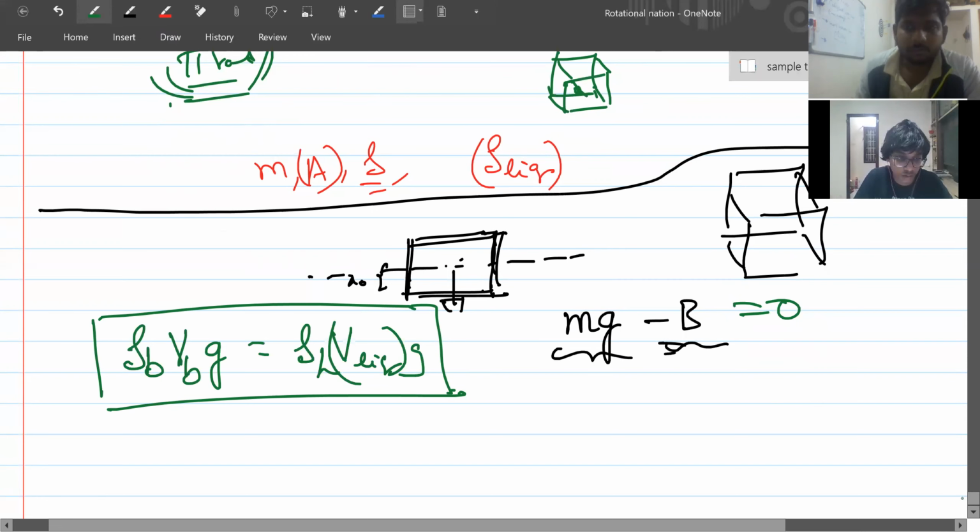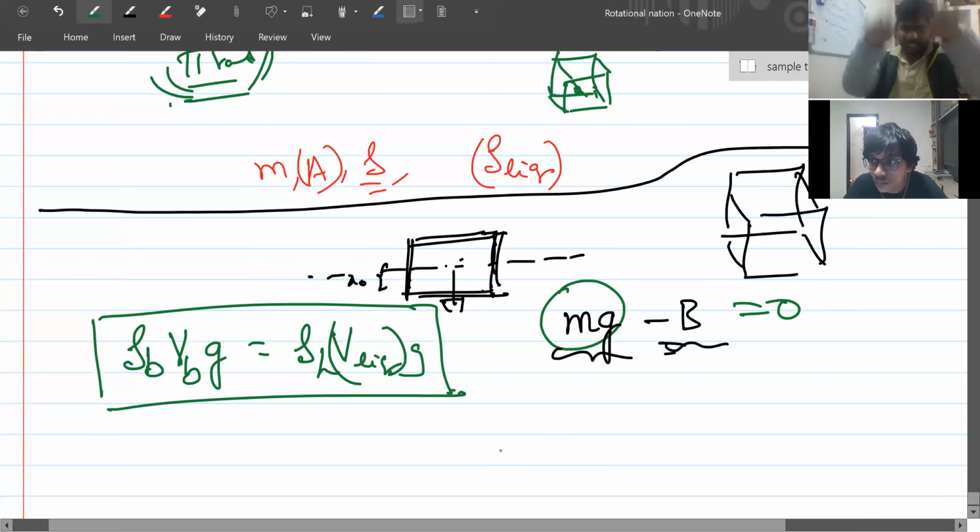Okay, sir. If this force is higher, the block will get immersed. It will not stay in the equilibrium position; the entire block will go inside. Oscillation will happen only if it is in the equilibrium position and you try to displace it a little bit. Then slowly the mug will oscillate, right?